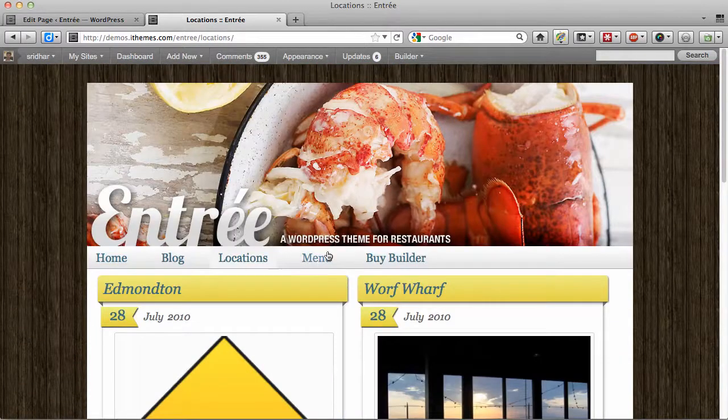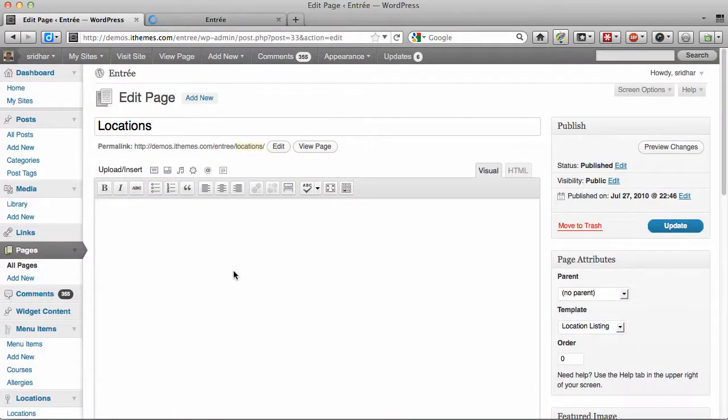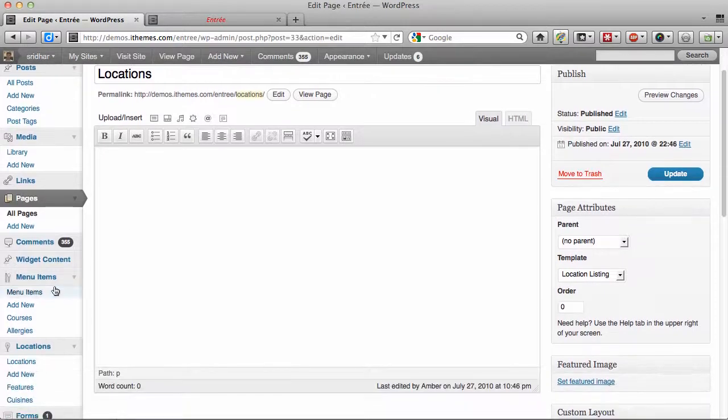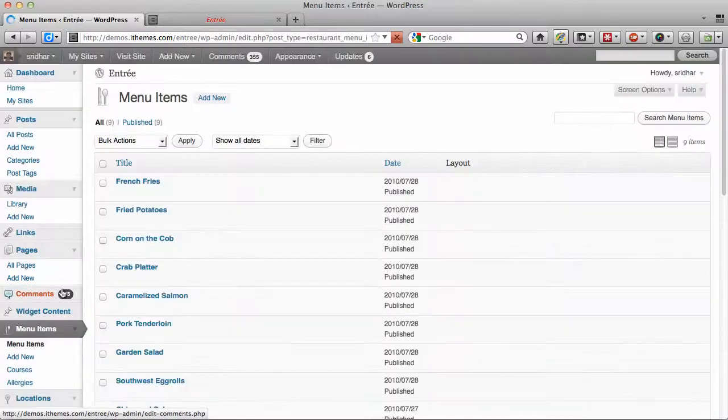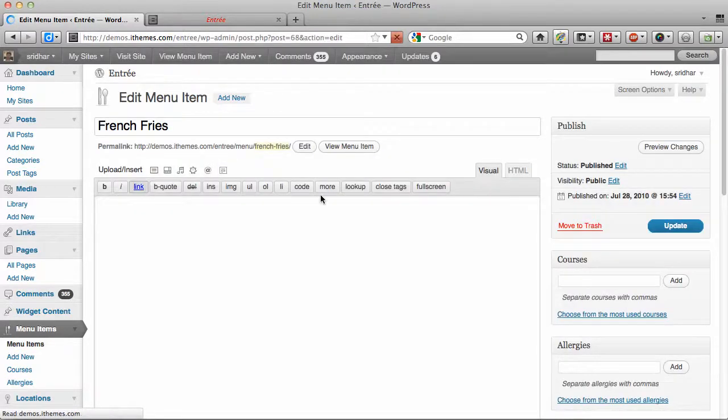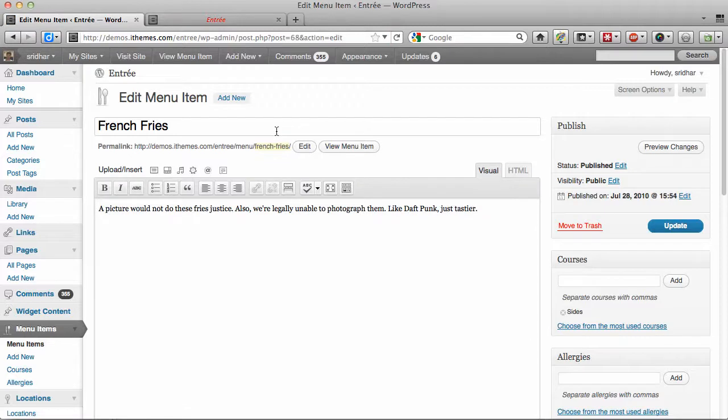Okay, so menu is also very similar. To add a new menu item, you would go to menu items and then click on add new. I'm going to show you an existing item. So this is the menu post type, and here we have the title.